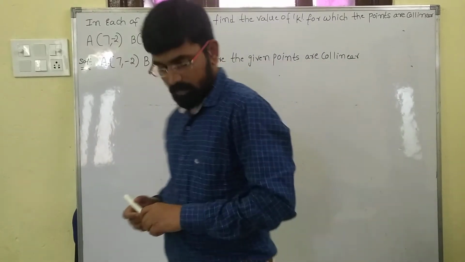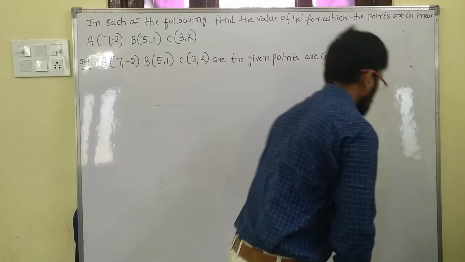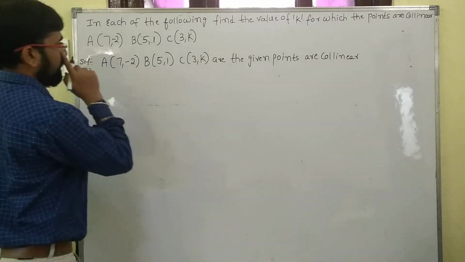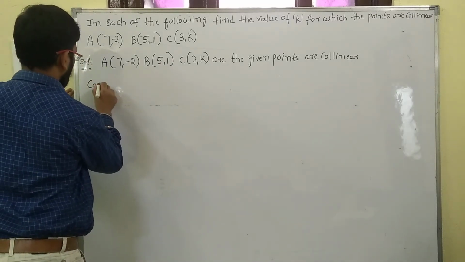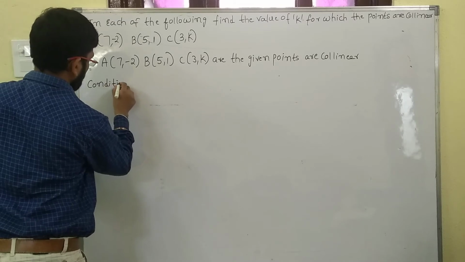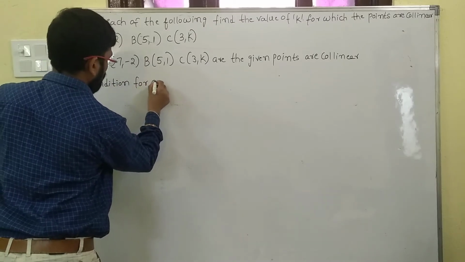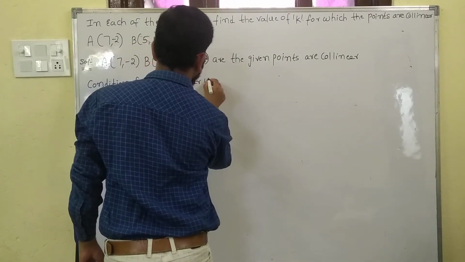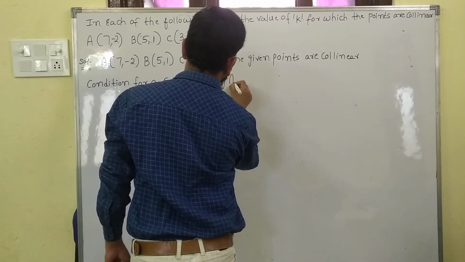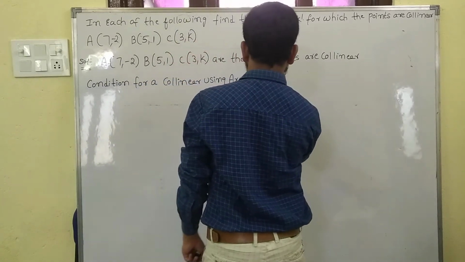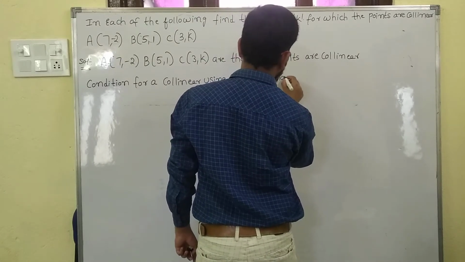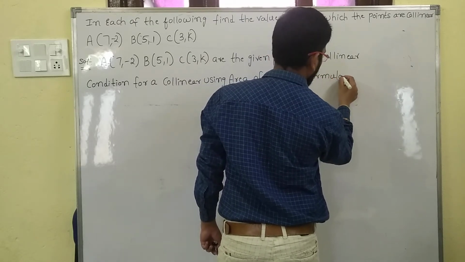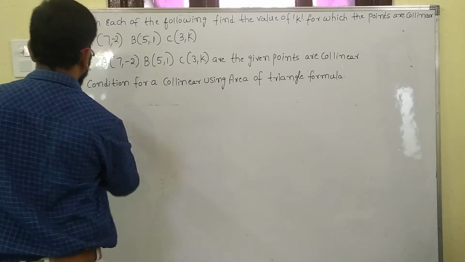So what is the condition to say that the given points are collinear? Okay, by using the area of triangle formula. Now the condition for collinear using the area of triangle formula is, okay,